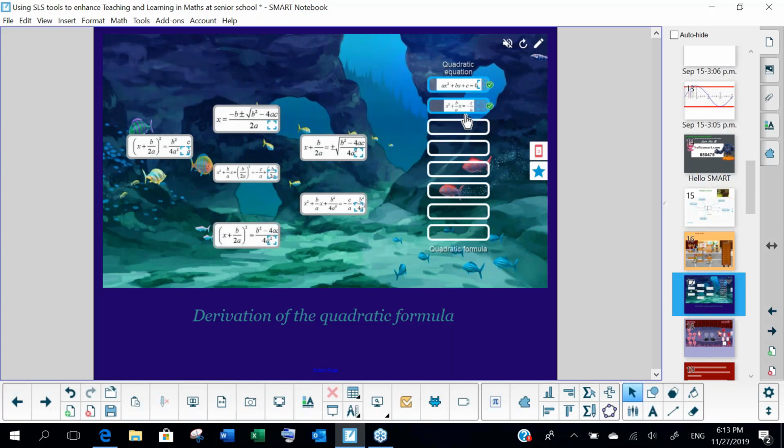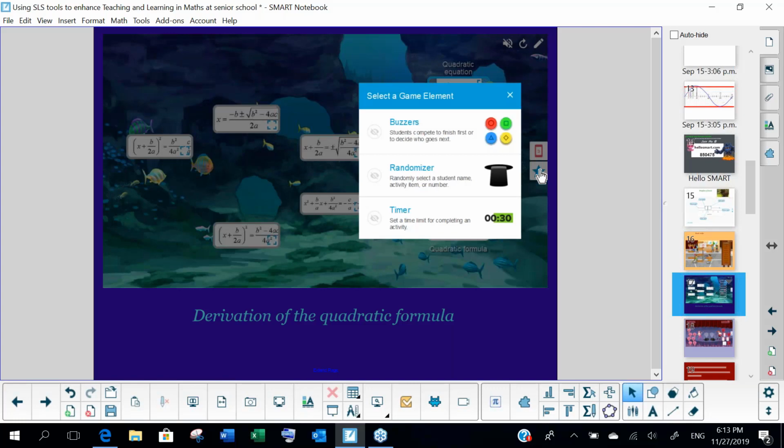And this is also instant feedback. So as I go along, I'm going to put in the next one, and wrong, going to there, correct. And so I carry on. What I can also do here is if I look at this little star and I see this little hat, so I select a hat